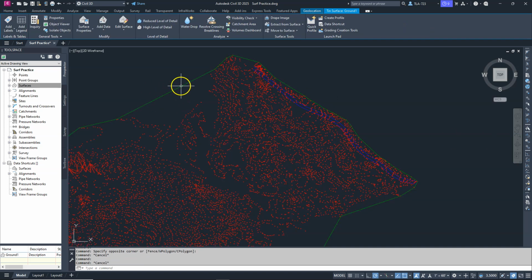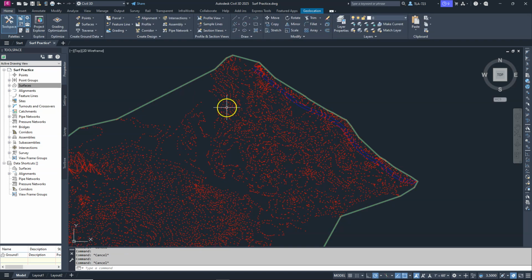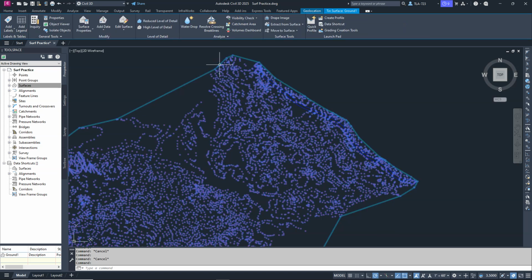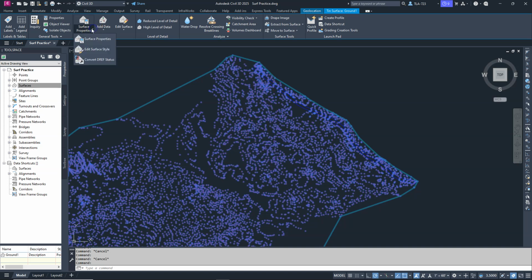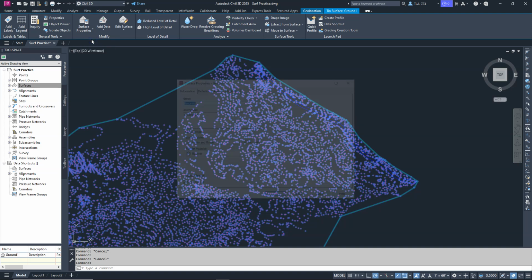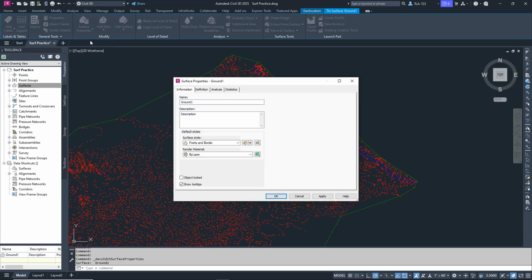If you click on the boundary, you can see that it selects everything. Same thing if you click one of the points. The whole thing is just one object, and so we're going to change the properties of that. The way we're going to do that is just like you might expect. If you select it, you can either right-click and say Surface Properties right here in the context menu, or you can go to the Surface Properties drop-down in the ribbon, and you have a couple other options up there then. But we're going to go to Surface Properties here, and it's going to open up this Surface Properties box,